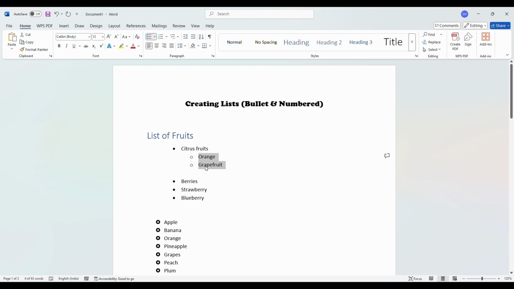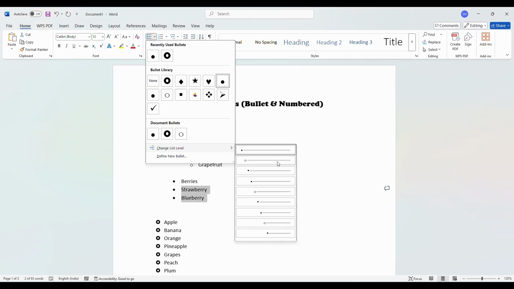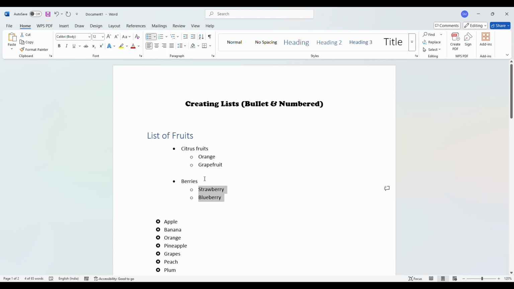What happens is it shifts a little bit to the right, so now it becomes very clear that orange and grapefruit are two fruits under the category of citrus fruits. In the same way, I'm just going to select strawberry and blueberry as well and change the list level to level 2. So now it becomes a little more clear and it makes more sense to us because all